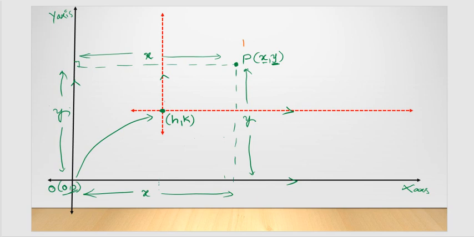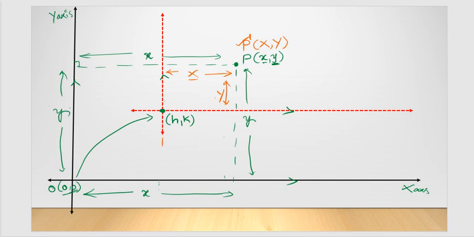With this particular axis, let us consider this point as P dash. This P dash represents my new coordinates, capital X comma capital Y. For the coordinate axes in red dotted color, this particular distance I can call capital X, and this distance I can call capital Y, because this is the point obtained by transforming the coordinate axes. So this is capital X and this length is capital Y.